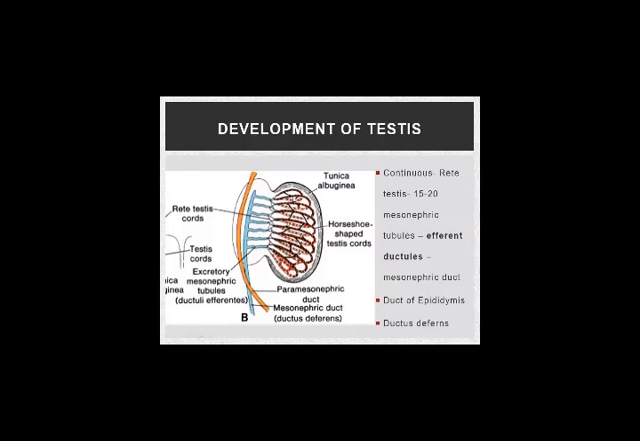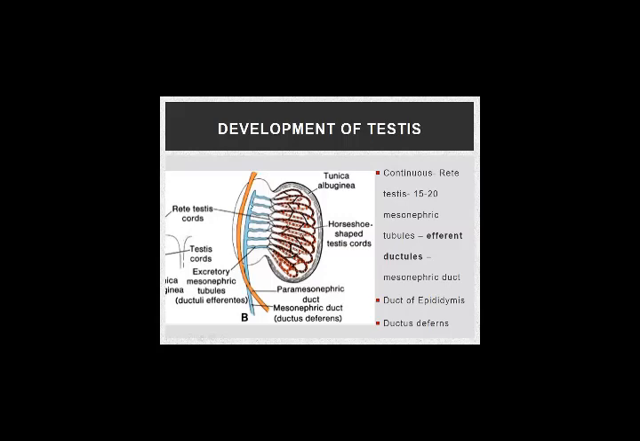These tubules developing in the medulla of the testes rapidly proliferate and become very long. As a result, they bend upon themselves. U-shaped bend ban jata hai. The two ends of the tubule become continuous with the tubules of the rete testes. Rete testes open into efferent ductules. Efferent ductules then open into this